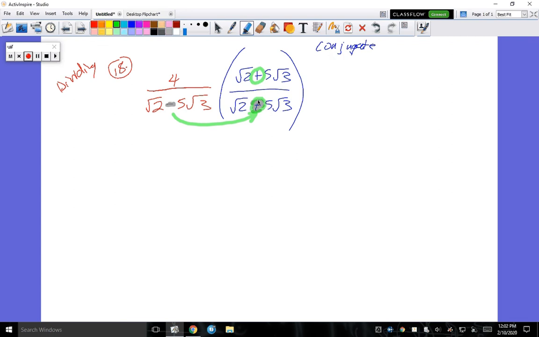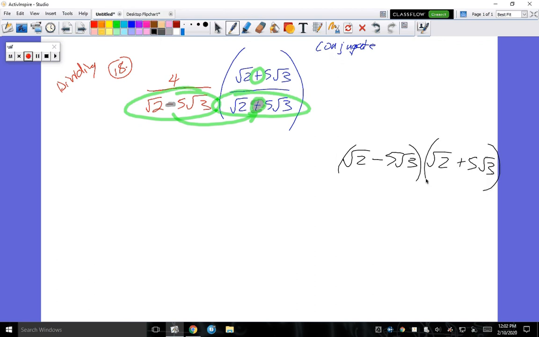You with me? Can someone tell me why it's plus and not minus? Because I want to cancel out the b term. This is called a difference of squares. You should see a difference of squares down here that you know you're not going to have a b term. It's going to be a first term and a last term. No square roots left. Okay? So if I were to look at that like scratch work off to the side, this is all I'm going to be doing